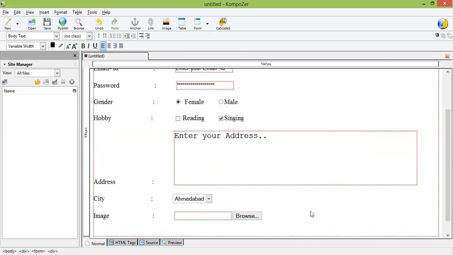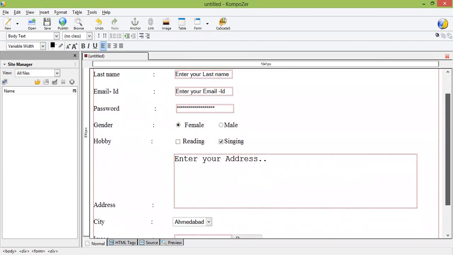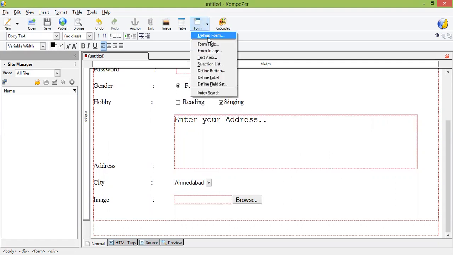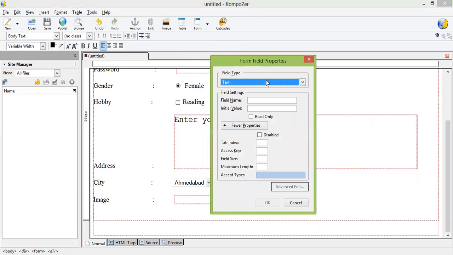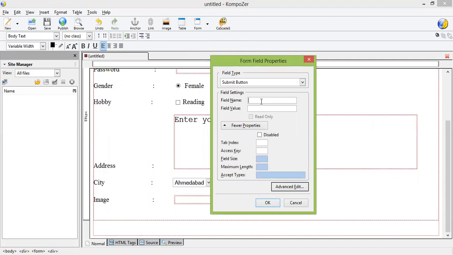Then next one, after completing the form field which is submit button, the field name which is submit, and value which is also submit.